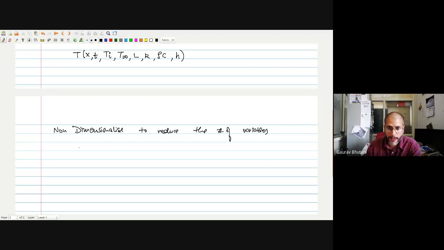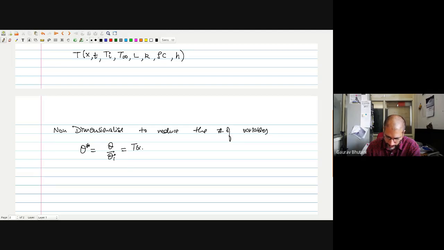So what we did was we started with theta. We said let's define theta. What I called theta last time, I'll call theta star this time. This theta star was defined as theta upon theta initial. We have used this notation earlier. So this is the temperature